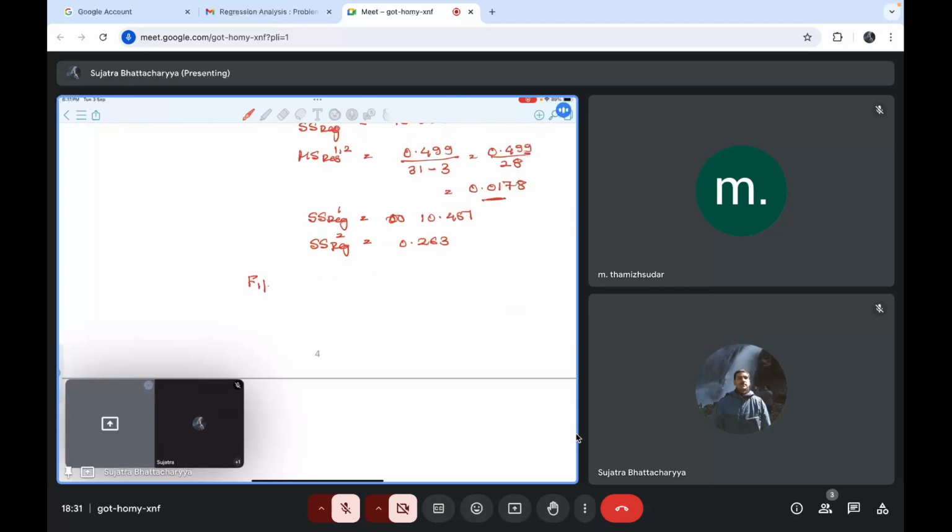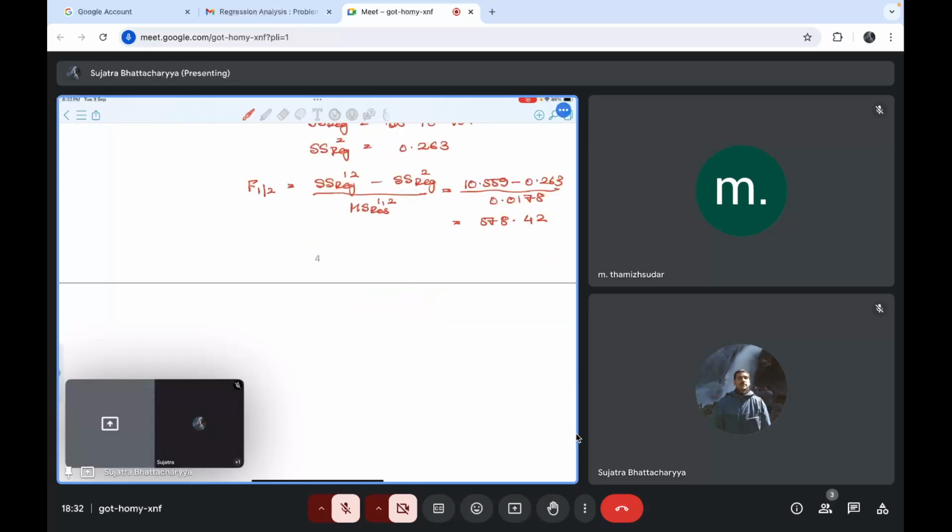So F of 1 in the presence of 2 is SS regression of 1, 2 minus SS regression of 2 divided by MS residual of 1, 2. Okay. So this gives you 10.559. We have calculated SS regression of 2 is very small, 0.263, divided by 0.0178 gives you